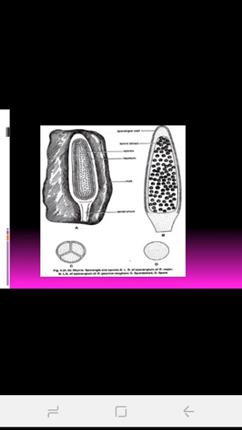This is a photograph of the Rhynia sporangium. The first one is the fossilized condition. In the second you can see the section of the sporangium, the covers of the sporangial wall, then spore tetrads, and different layers like outer wall, middle wall and tapetum are marked there. In the lower part you can see the spores, tetrads and single spores. So this is about Rhynia.